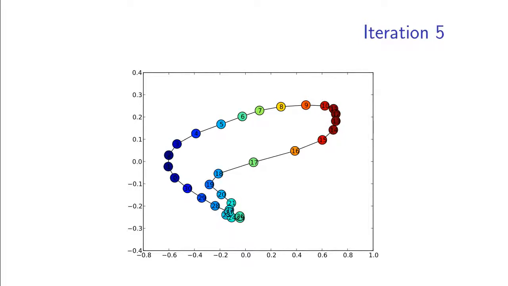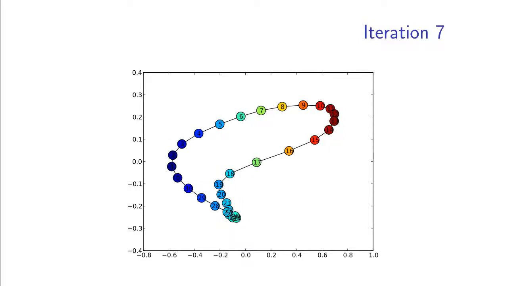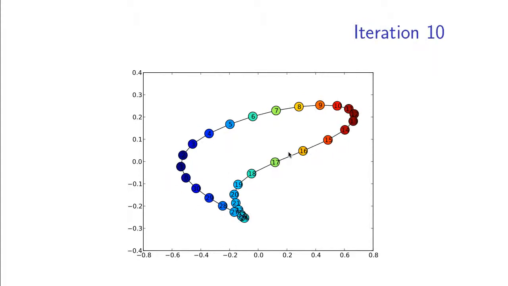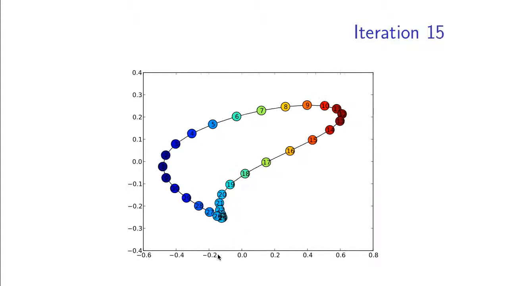Progressively the drawing will disentangle itself, because vertices that are far from its neighbors will tend to be pushed a little closer, and this will pull vertices that are close to be a little farther apart,